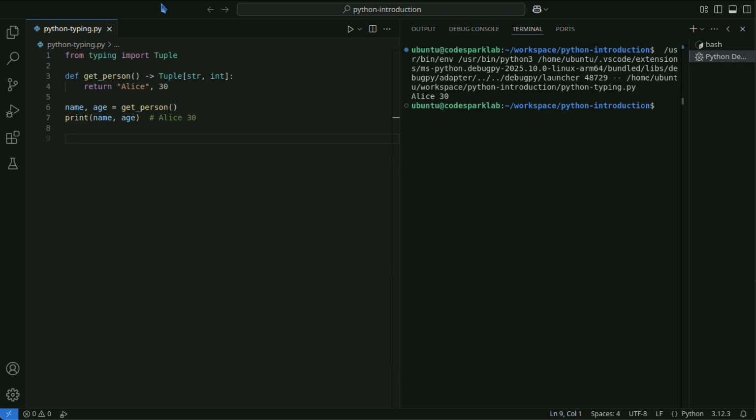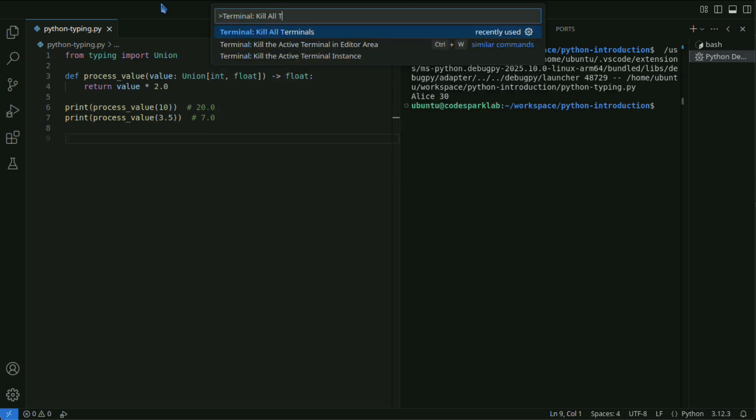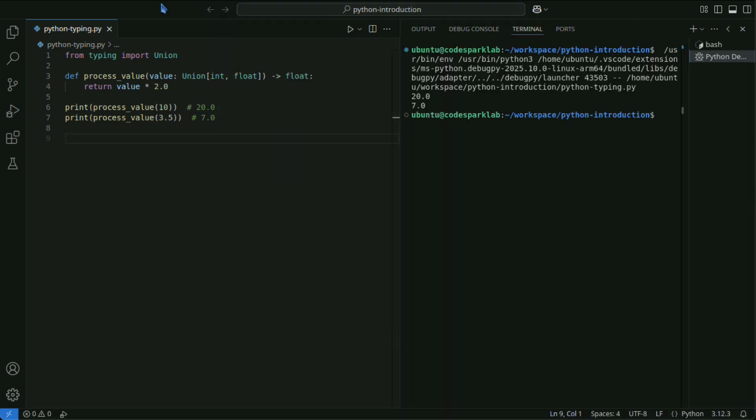The union type is used to explicitly indicate that multiple types are acceptable. In this example, the process_value function takes either an int or float as an argument and returns a result of type float.